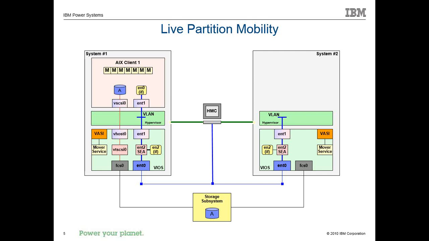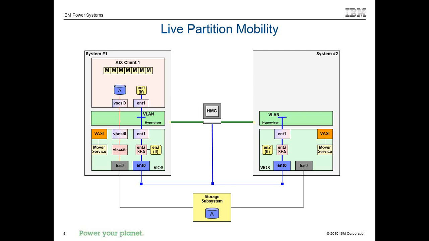The VASIs help you perform the mover service partition, which is that other box below there. All VIOSs are built the same, and every VIOS has the ability to be a mover service partition. It's just a checkbox or an attribute you turn on dynamically to make a VIOS a mover service partition or not. So you have this here.